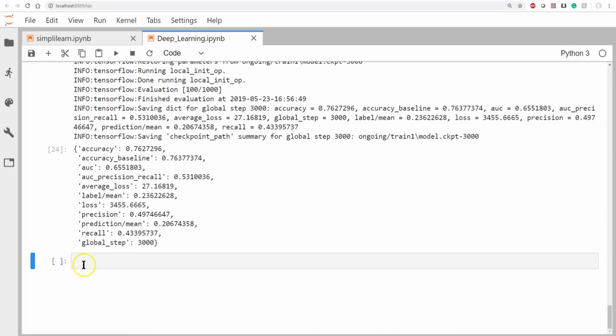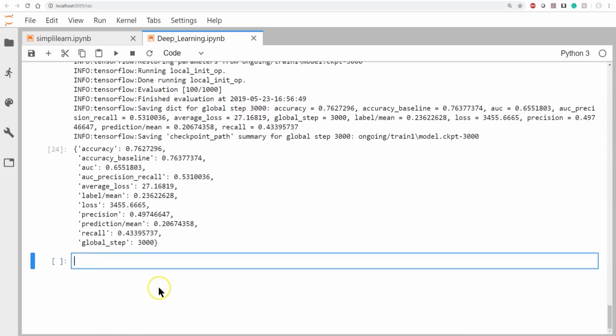And we can now go ahead and utilize this model. This is where it gets exciting when you're actually working with somebody or with your clients, and you come in and you say, okay, here's my predictions. We're going to create a list, and we're going to use model 1, and we're going to predict. And our input function is get input function, df test new. Again, this probably doesn't make too big of a difference, but we'll go ahead and stick with the new data we created. Number of epochs 1, batch 128. So all this should look pretty familiar, but we're running the prediction. So we're going to load all our predictions into the predictions. And let's go ahead and run that.